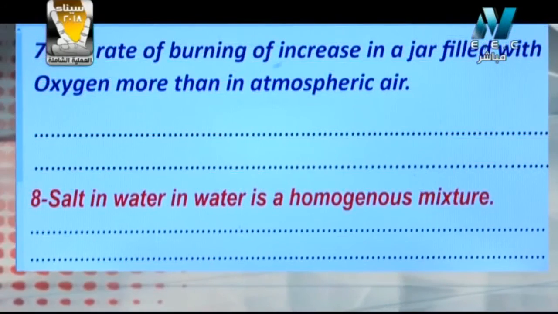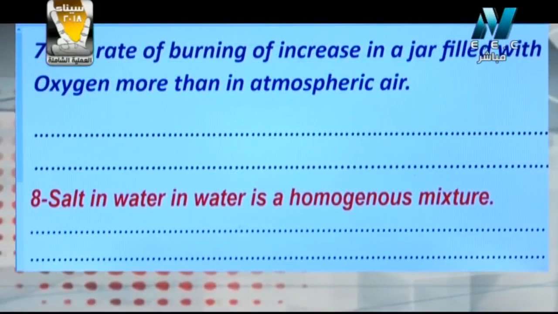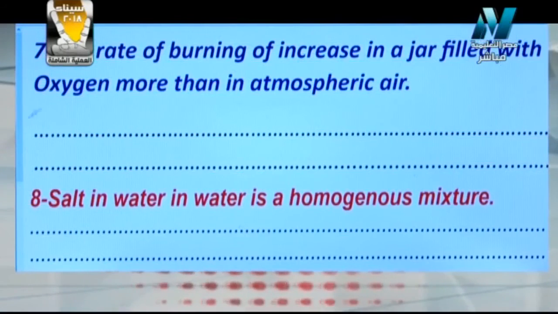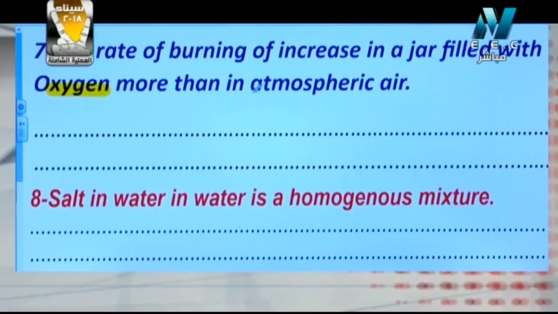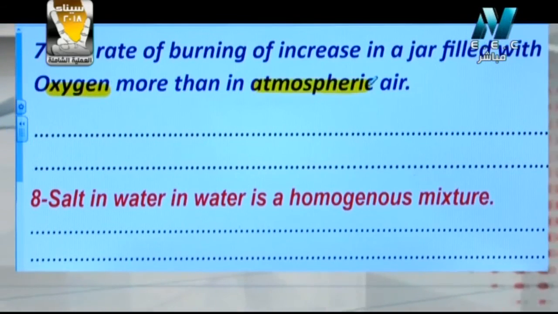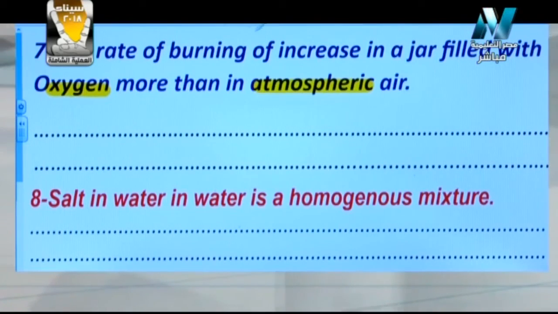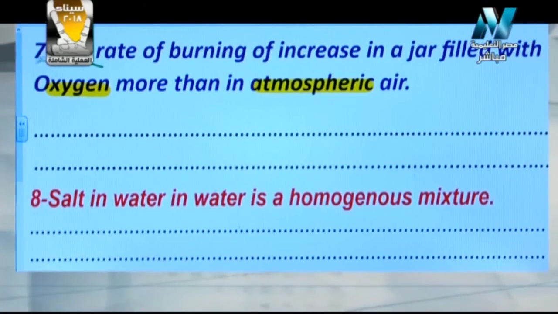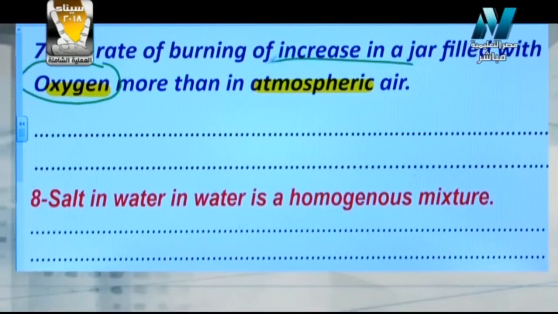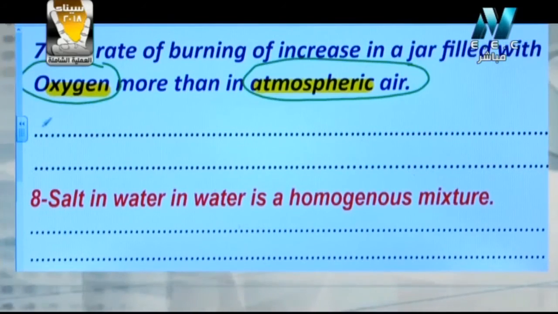Number 7, as Miss Rasha said, the rate of burning increases in a jar filled with oxygen more than in atmospheric air. Here we compare between oxygen only and atmospheric air, which contains oxygen with other gases such as carbon dioxide and water vapor. The percent in air is 21% oxygen, and here 100%. So here we talk about what? Temperature or surface area or concentration. We talk about concentration, because here we have oxygen only, but there we have all the components of atmospheric air. So the answer, I say because